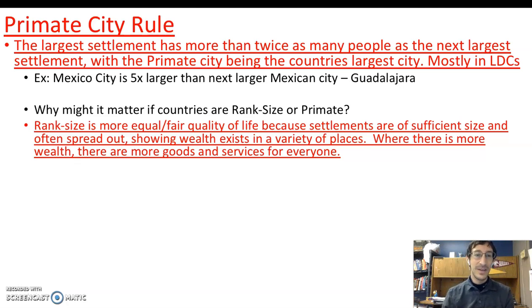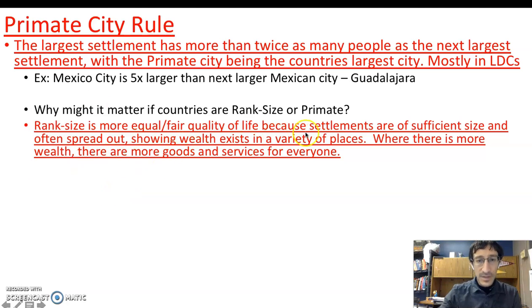However, if you look at a country, again, taking Mexico as an example, and you say Mexico City offers pretty much the best services and the most services, and everyone else has to drive to Mexico City to get said service, let's say for cancer treatment, or to go see Taylor Swift, that shows there are not as many services provided or offered, based on the fact that there's only so much influence this country has because it's all located in one location. It's all found in one primate city.